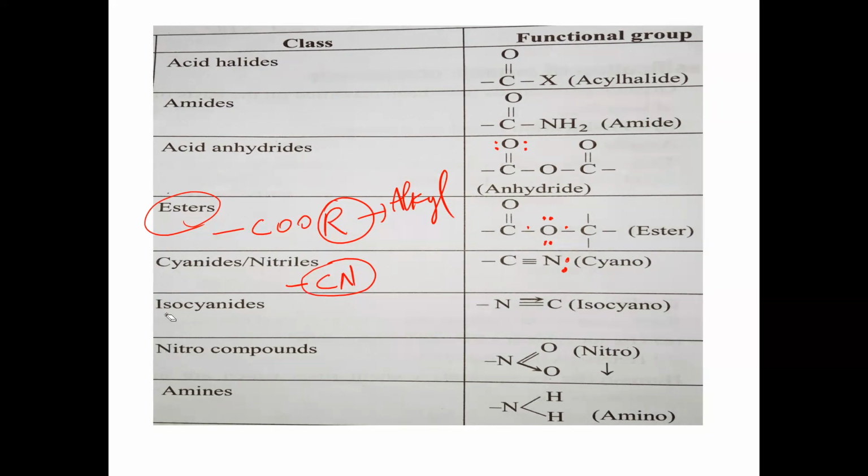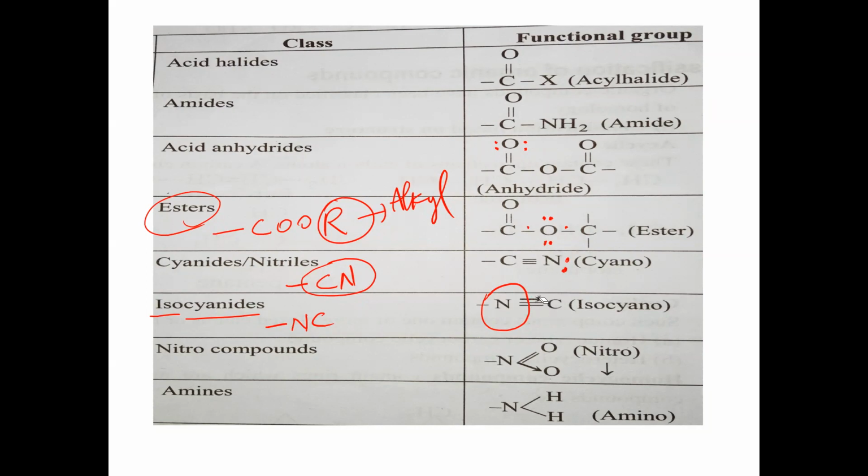Okay. Next, isocyanide. Isocyanide means here bond NC, not bond CN. Bond CN is cyanide. Bond NC is called isocyanide. In this bond NC, isocyanide group here, between nitrogen and carbon, there is a dative bond. You check it. The dative bond is directed from the nitrogen atom to the carbon atom. This arrow mark indicates the dative bond, from nitrogen atom to carbon atom. Here nitrogen is donor and carbon is acceptor.